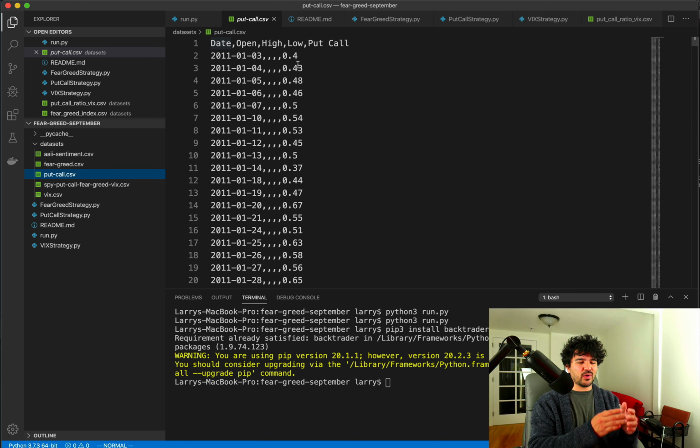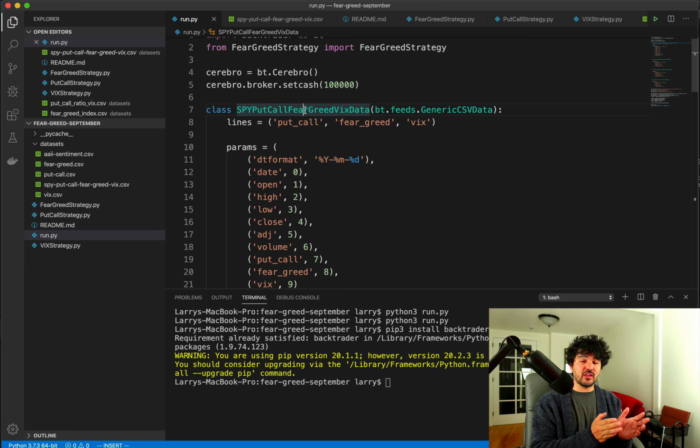So I have the fear greed in the fourth column by itself. So it's like the closing fear greed, the closing put call, and the closing VIX here. So I've saved these separately and also saved them in a combined data set. Okay. So what you need to do is to tell Backtrader about a data set, you need to create this